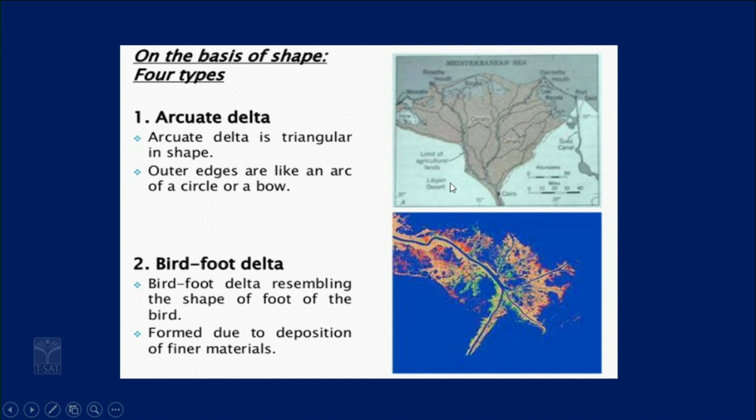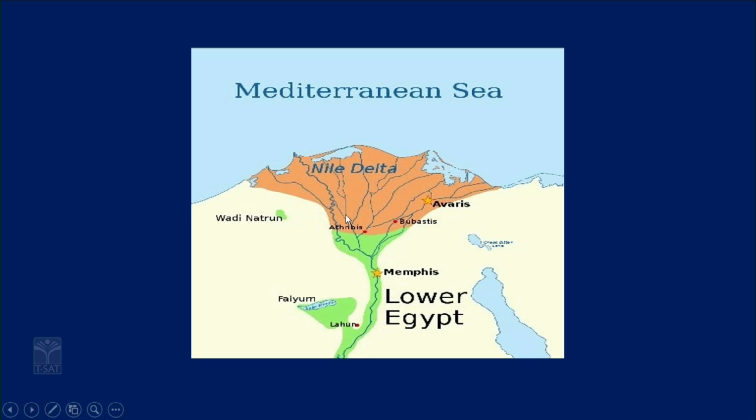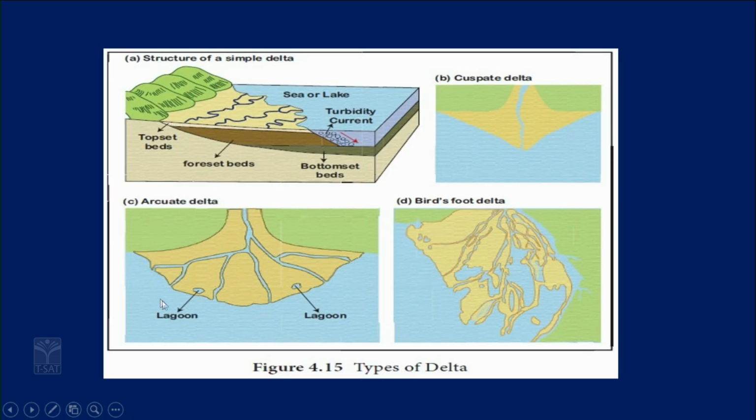For example, they may ask you a question, for example, the Nile River, what kind of delta does it form? For example, the V delta: when the delta formed is in the shape of a V, we call it a V delta. So, this is in the case of the Nile delta. This is an example of an arcuate delta, a V delta, and the third variant of delta is the cuspate delta.